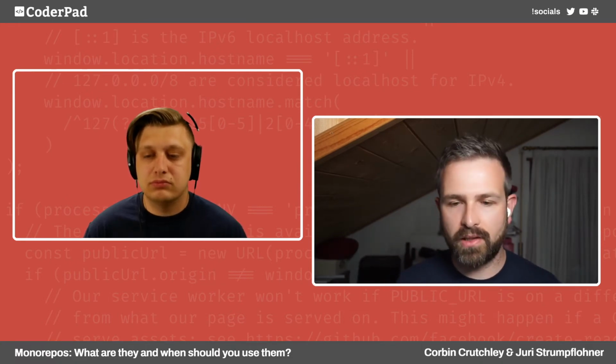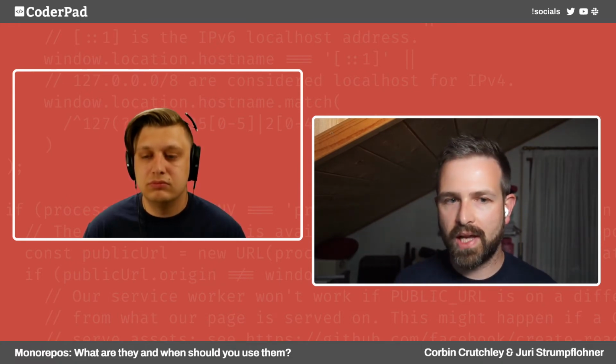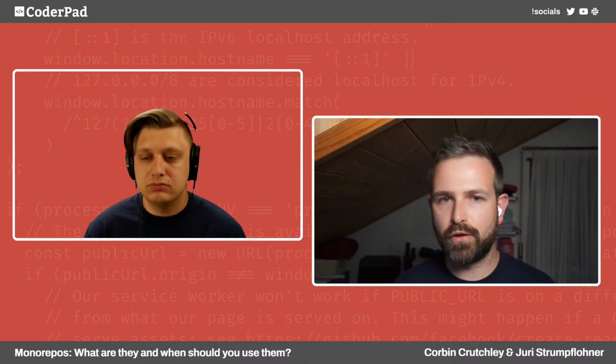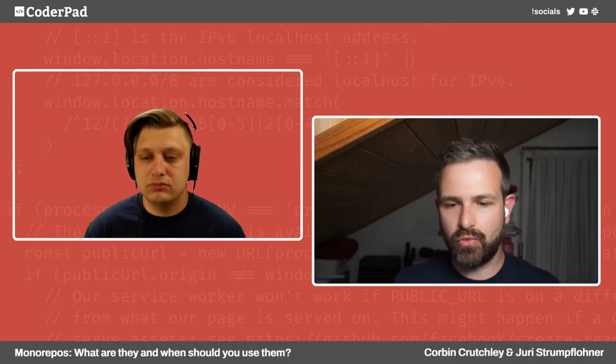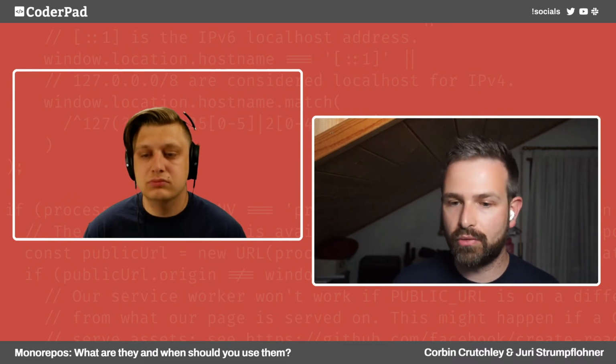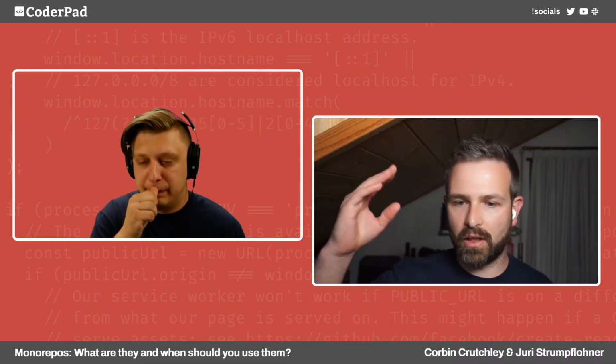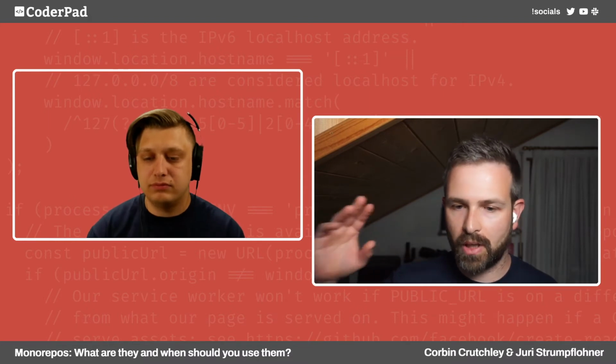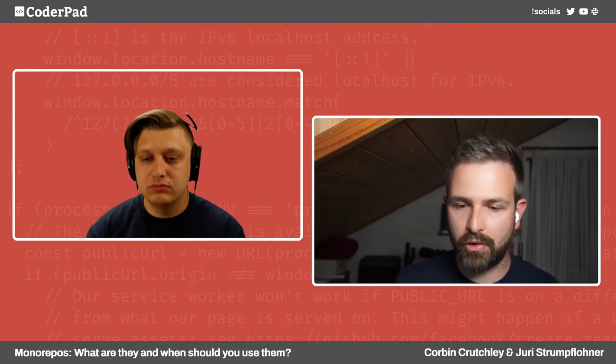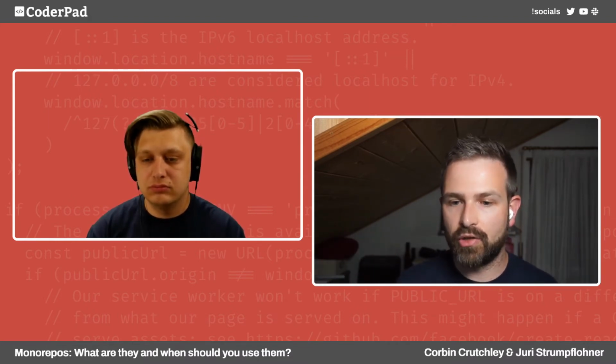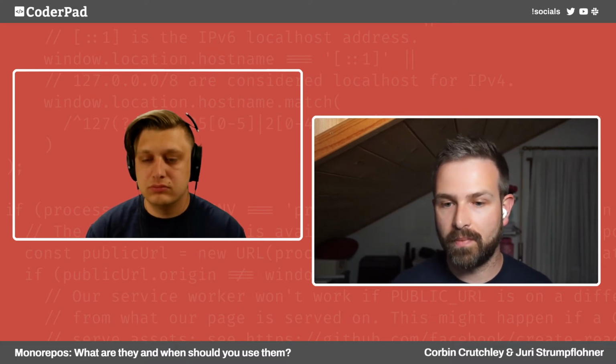But the biggest impact is obviously the caching. NX has caching built in, which means if you run a command and rerun it, again without changing the source files, it wouldn't get rerun. What happens is you just get the logs and you get artifacts, potential build outputs and everything, restored to their original location, but it doesn't actually run the computation. And that saves a lot of time, right?